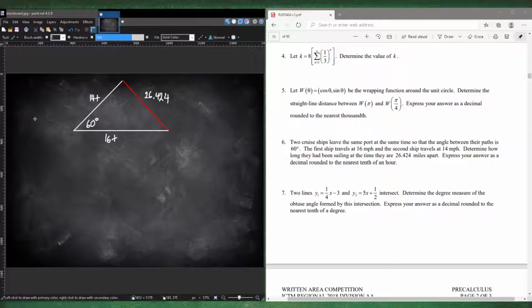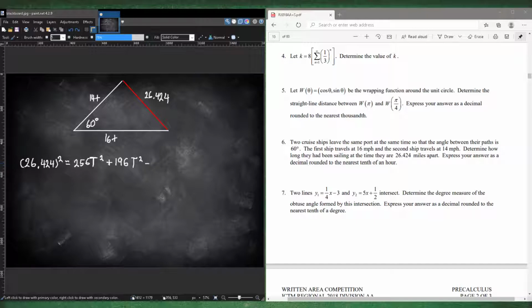So let's move this up. And then our law of cosines, which is 26.424 squared, is equal to our two side lengths squared. So 16t squared, which is equal to 256t squared, and then 14t squared. I'm just going to capitalize my t so we can separate it from the pluses. Plus 14t squared, which is 196t squared,